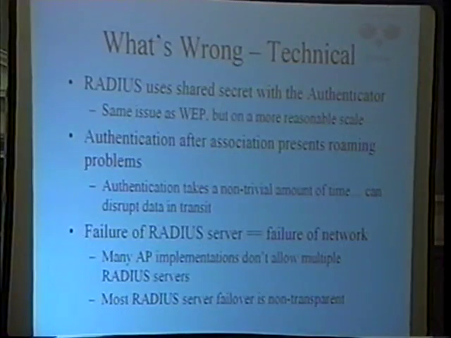All right, so there's some other technical things that kind of start popping up. Radius, it's a great system, but it generally still uses a shared secret. So when you've got a Radius server up and running, your Radius server has a secret that you end up pushing out to your access point. And again, it's a trust model issue. Do you trust your access points? And generally, your access points are probably run by the same people, or at least moderately trustworthy people that are running the authentication server. So this is okay, but not the best thing.